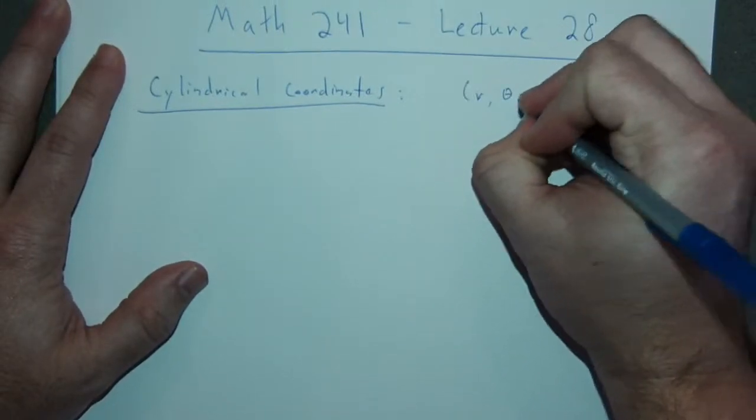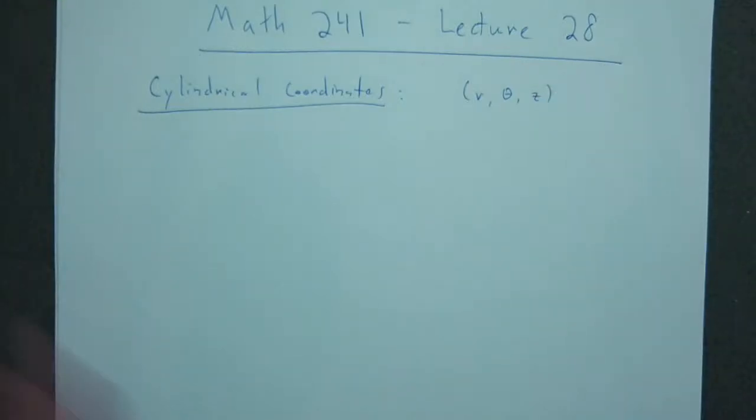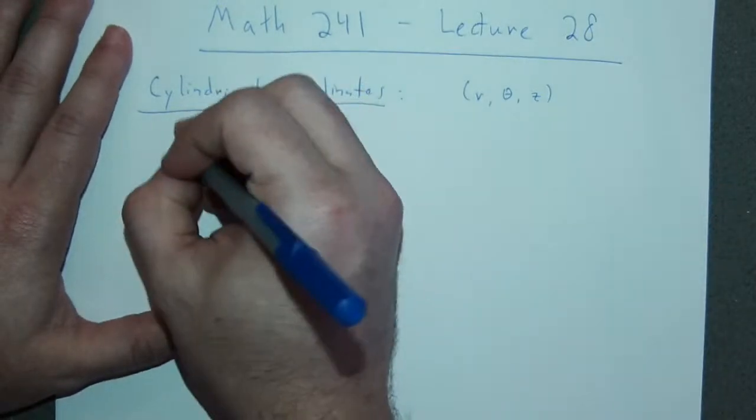This was r, theta, z, how we described these cylindrical coordinates. Imagining this picture, I had a nice picture from last time,